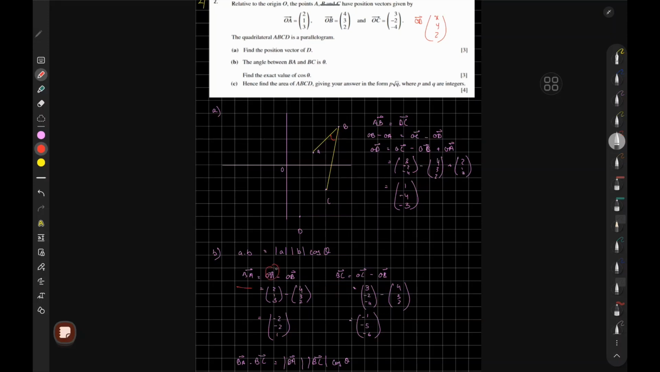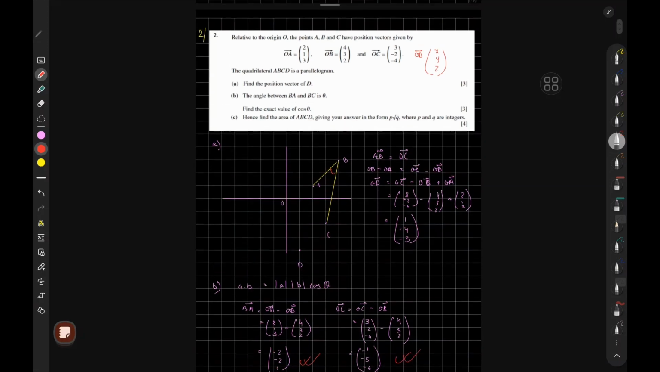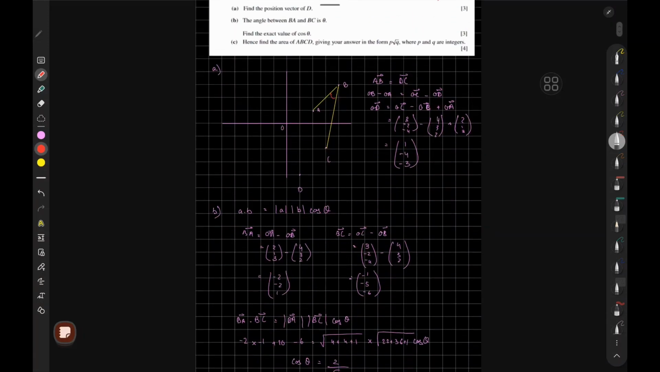BA is basically OA minus OB, and you're going to get BA. On the other hand, we have BC, which is given by OC minus OB. If you understand that, you basically plug in the values and you get the vectors, which is relatively simple. So after putting all the values and getting the vectors for BA and BC,